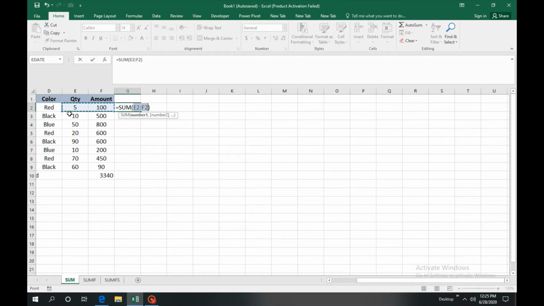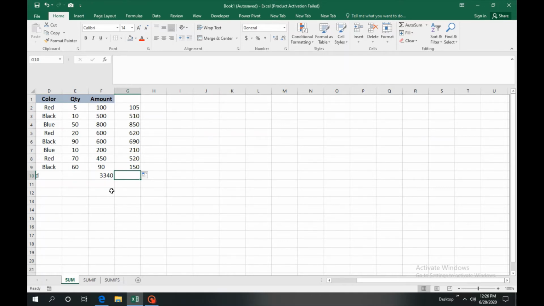It will not select the text, only the numerical values. If you enter, it gives the total of quantity plus amount. If you drag it down, it automatically calculates the quantity and amount of each cell.